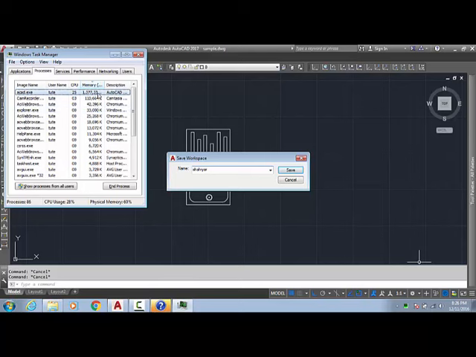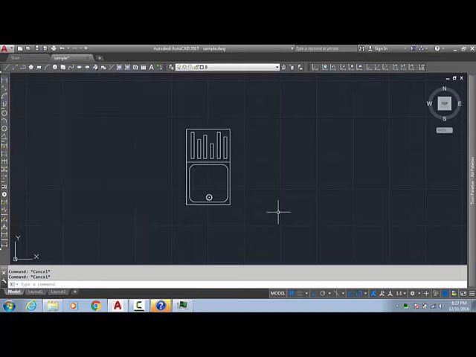We can see here, because I am already recording one video and also using graphics software, that's why there is some lagging. Might be in my audio also you will see some difference. So it is the problem of my PC, not AutoCAD. It takes some time. Okay, it's done.